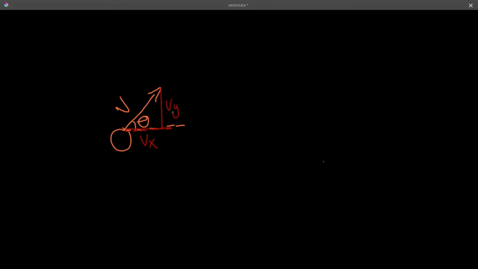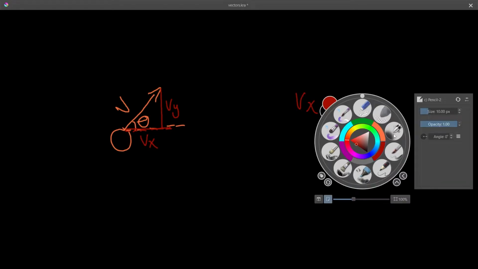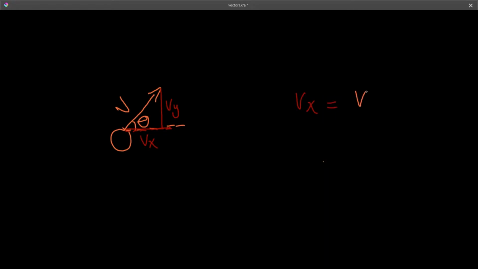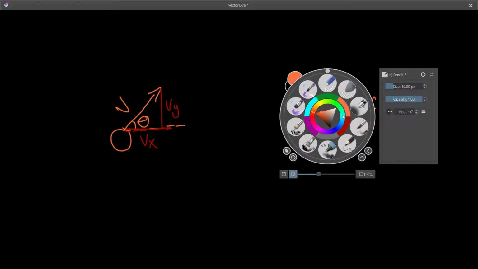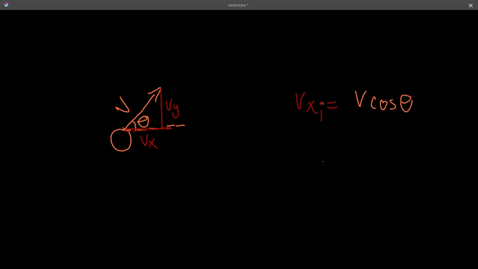And this is going to be the y component or the vertical component of velocity, where just to recap, Vx is equal to V cosine theta, Vx initial is equal to V cosine theta,